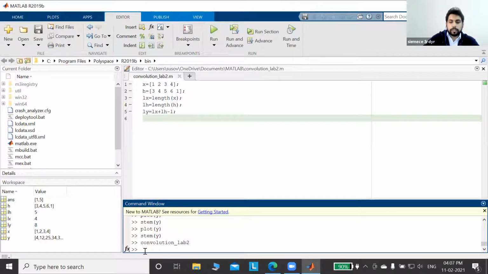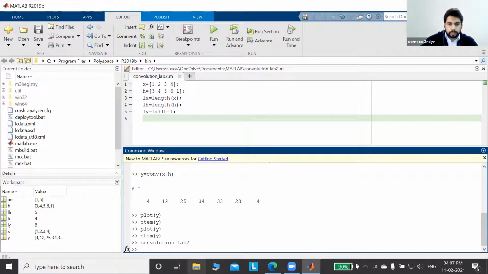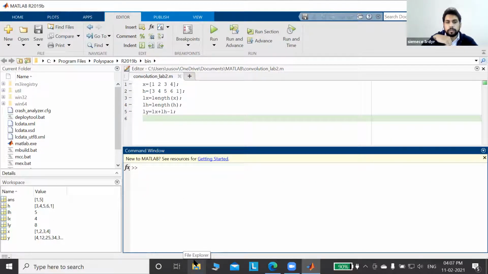You can check what x is. You have to go to the command window first. Let me clear it. CLC is a command to clear the command window. Now, if I want to see the value of x, you just type x here and press enter.